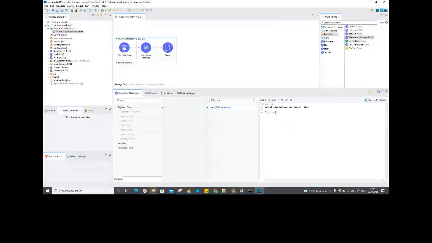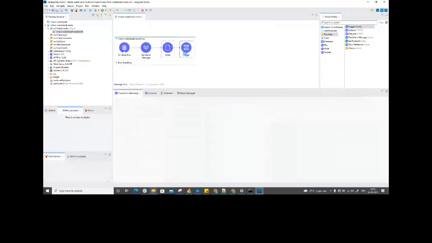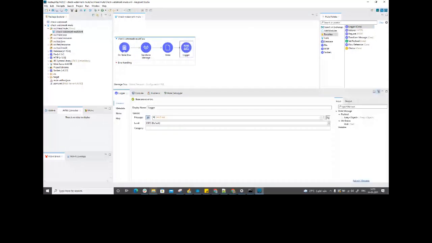Okay, let's add a logger also. In the logger, I'll enable the expression mode to write my payload in my logs. Now what will happen when I'm going to deploy this